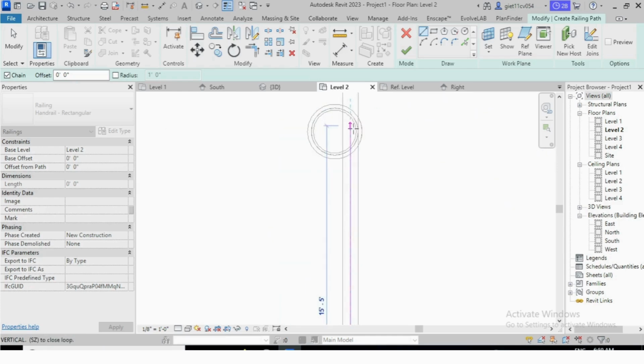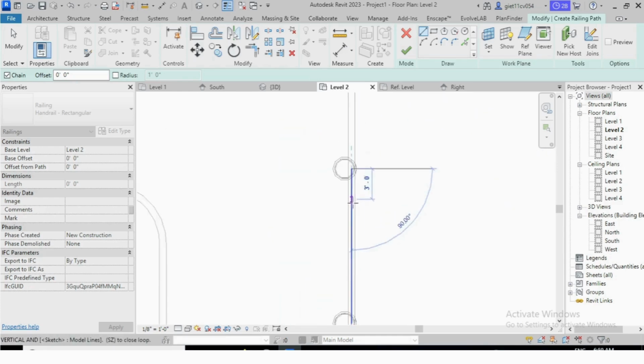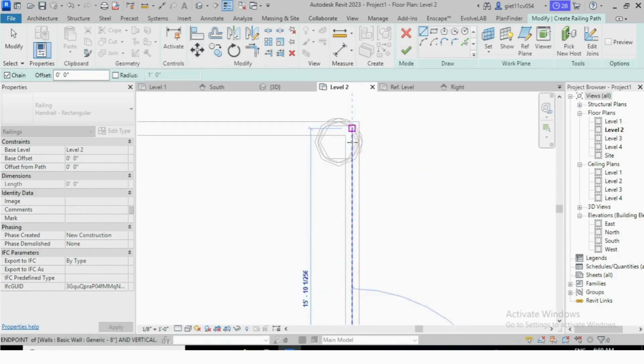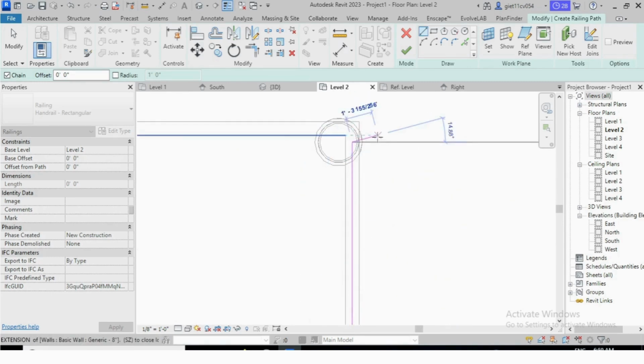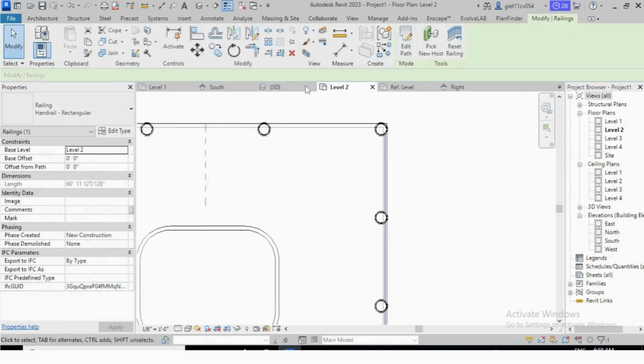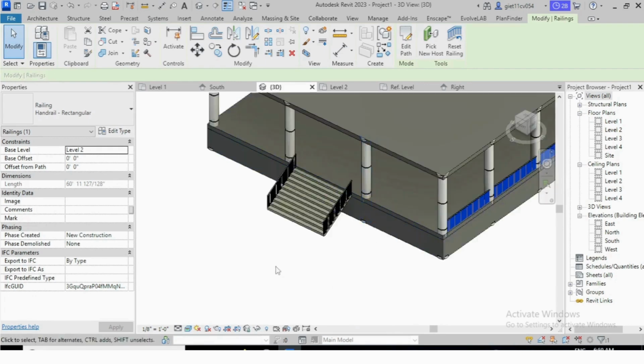Okay, in this way you can place the railing. After placing this side, make it finish. Go in 3D and you can see how it looks.